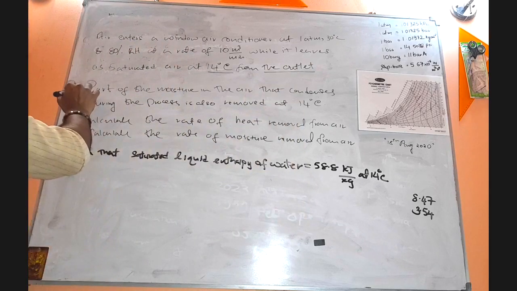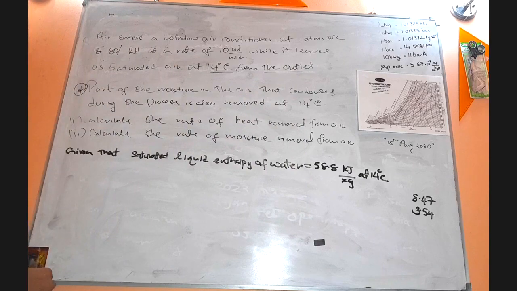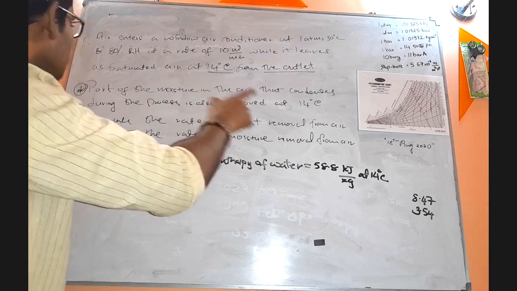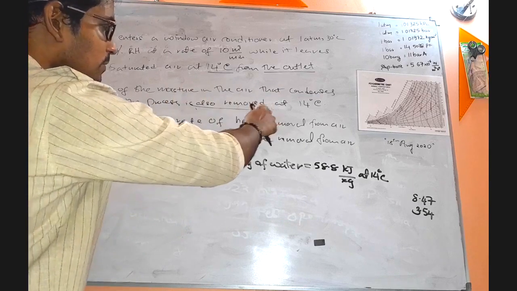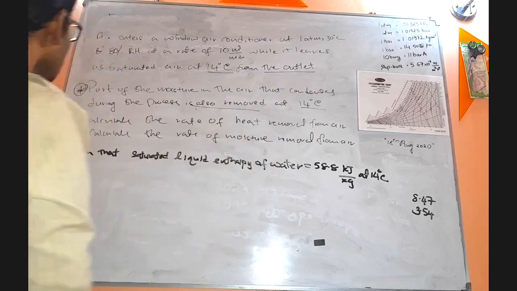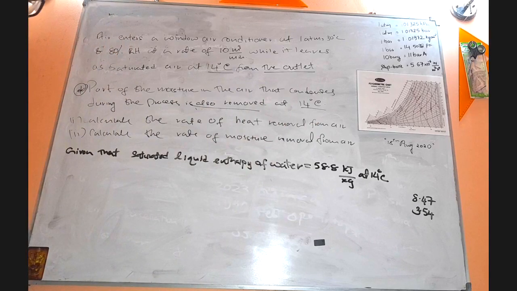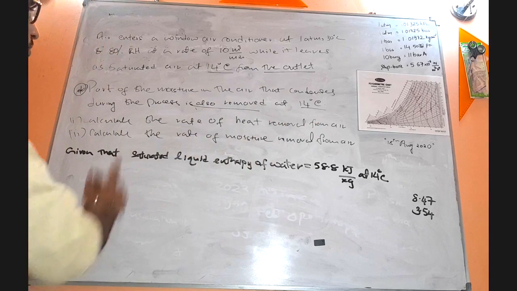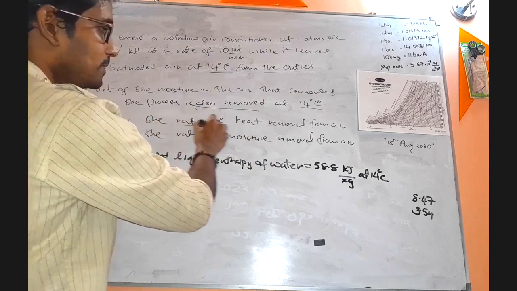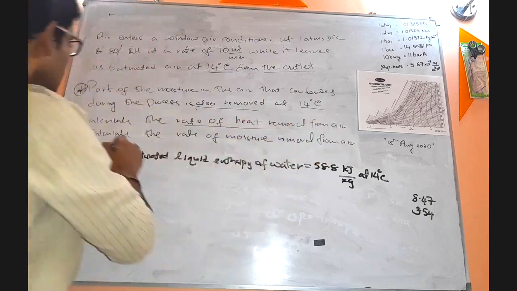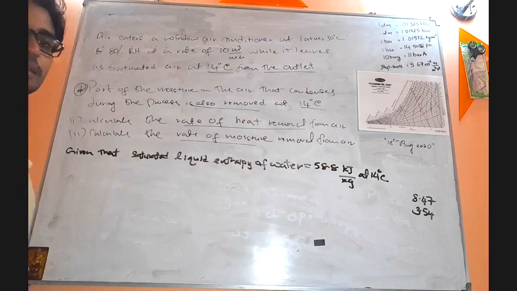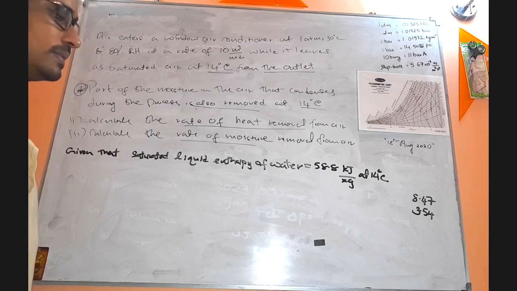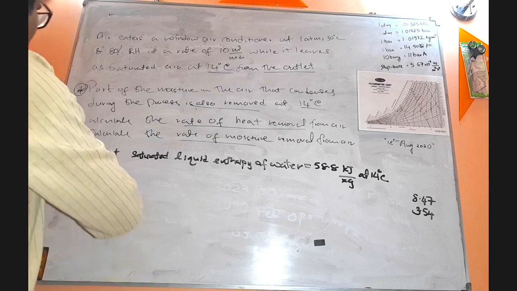The moisture in the air that condenses during the process is also removed at 14 degrees Celsius. Now they're asking two things: calculate the rate of heat removal from air, and calculate the rate of moisture removal from air. And in order to perform this calculation, we need to know